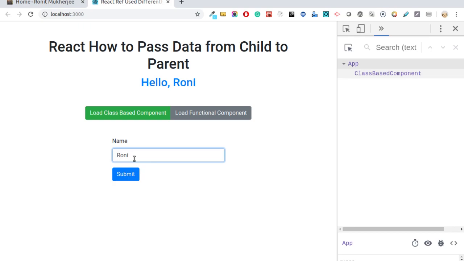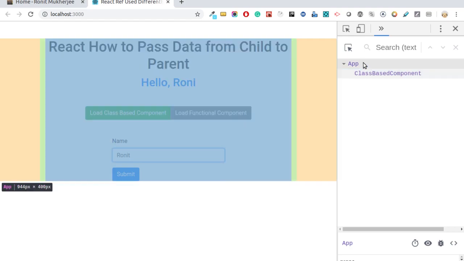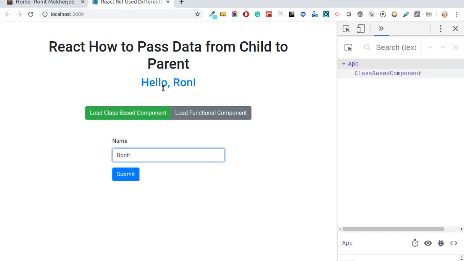So now what we are doing is that we are adding data here in the child component, but we are showing it here in our parent component. This is part of the parent component, but we are adding data here in the form and passing it to our parent component, right? Let's add more names. So it's working fine. Now let us see if it's working in our functional component or not. So here I am in the functional component. Let me add a name. Great. So it's working perfectly fine.